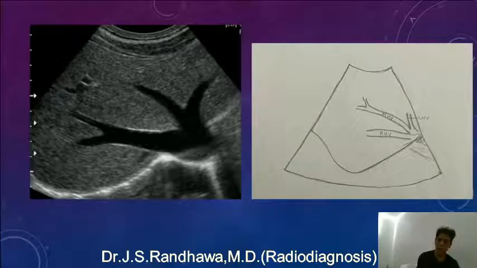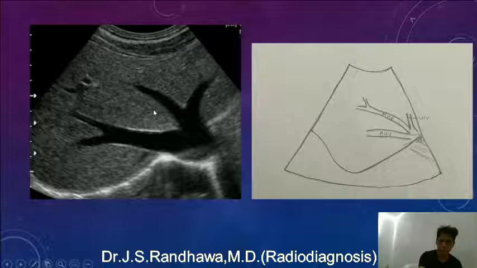Today I'll be explaining the division of the liver into various lobes and the segments in the most simplified way. Now see this section, this is the transverse section of the liver at the level of hepatic veins, which is the superior section. You can see here this is the middle hepatic vein, this is the left one, this is the right one, and all these three hepatic veins are joining the IVC.